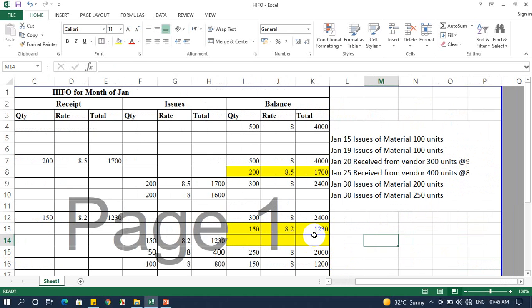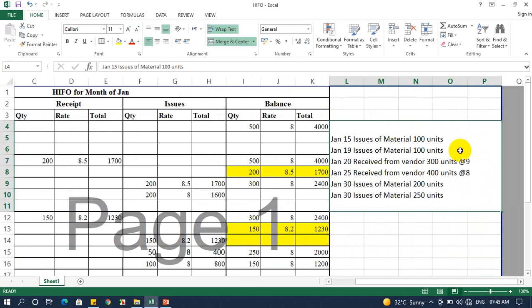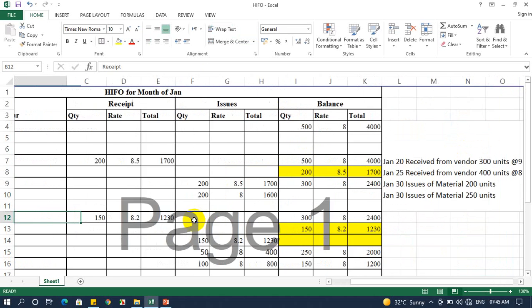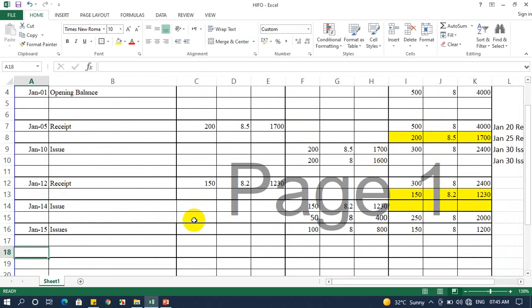On January 19 again we have issue of 100 units, so we need to sell 100 units again. So we'll come to issue that. January 19 issue, right? So we are issuing 100 units, rate is 8, it will become 800. So my remaining balance is 50, rate is 8, it will become 1200,